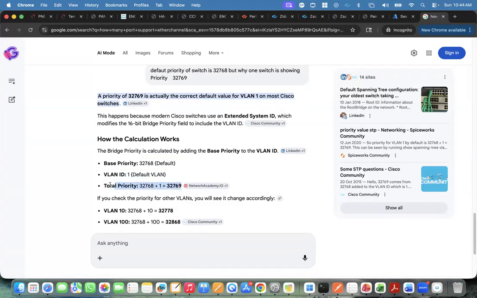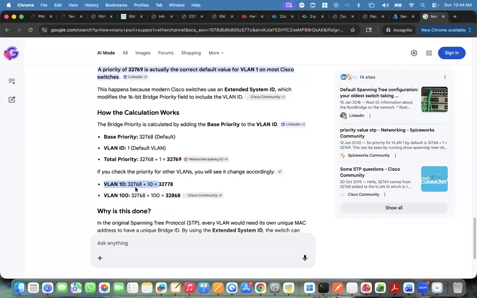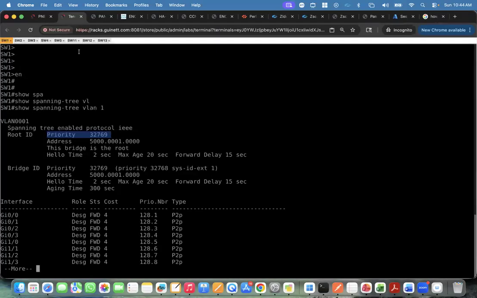So it is going to become your 32769. So if any VLAN ID is 10, for that priority is going to be added like this. Any VLAN ID 100. So based on the VLANs they are going to add. So I check that command for the VLAN 1. That's why you can see this is the priority. But default priority is going to be your